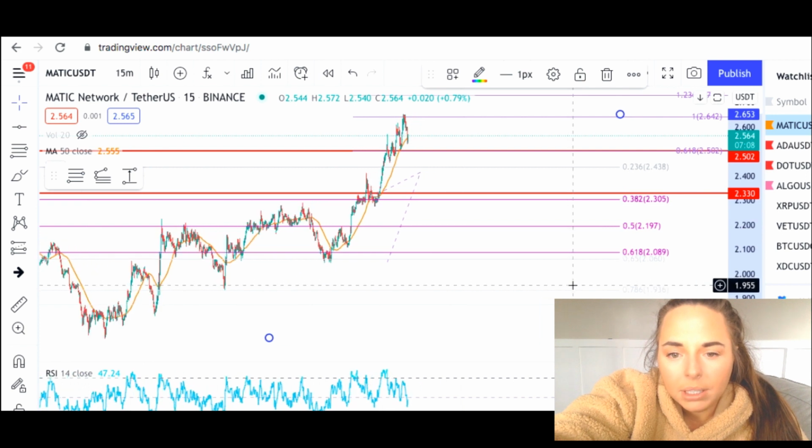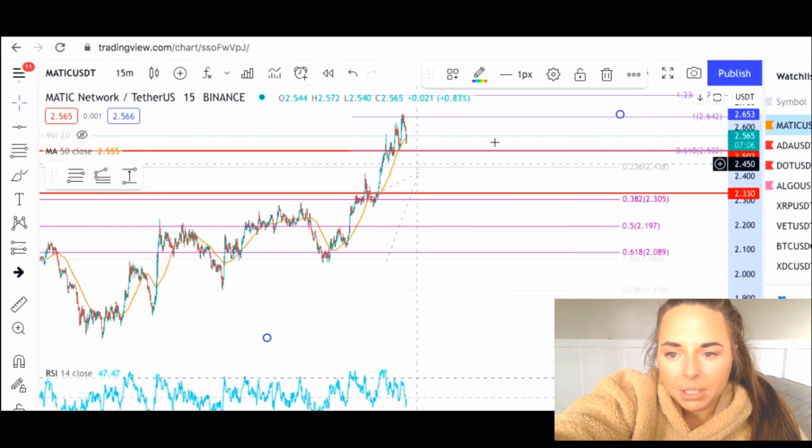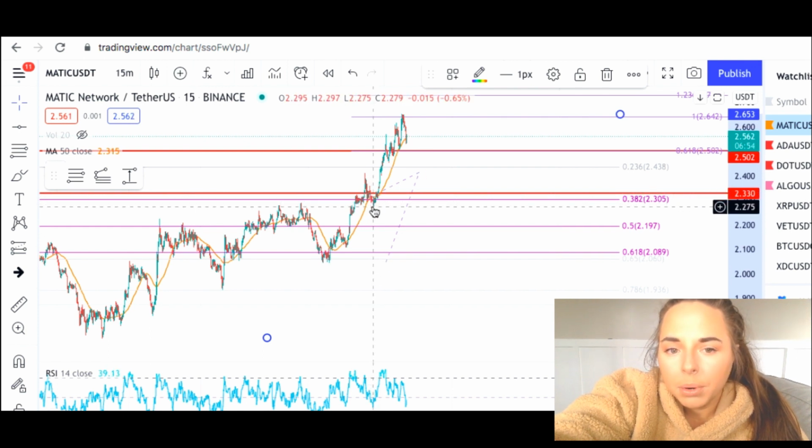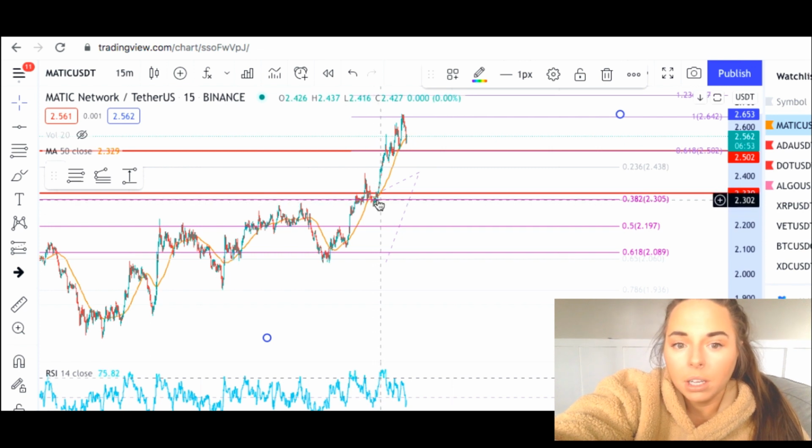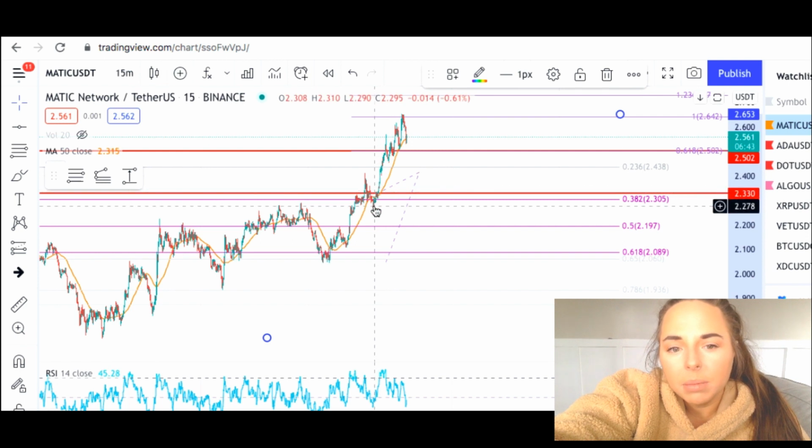And I also have marked here kind of where I'm at in my position. My original entry was down here at 2.33, was my scalp entry, and you can see from my entry it did come down a little bit. At this point I would have had two options. I could have stopped out of my position or averaged my way out, and I chose to average my way out. So some people stopped, some people took profit, but I'm going to show you how I'm going to get out of this position and in profit still.